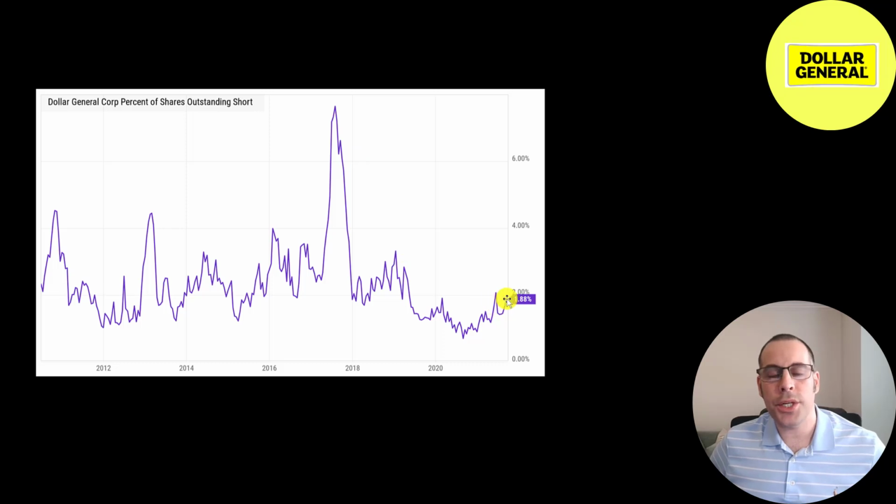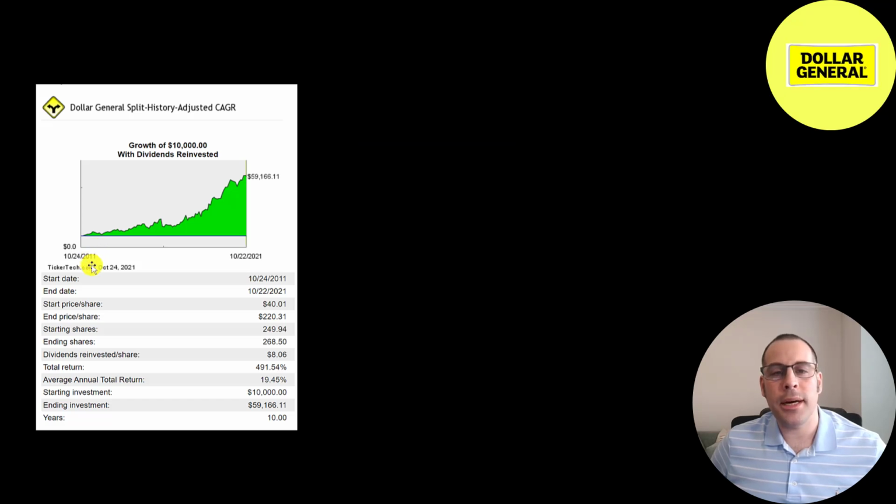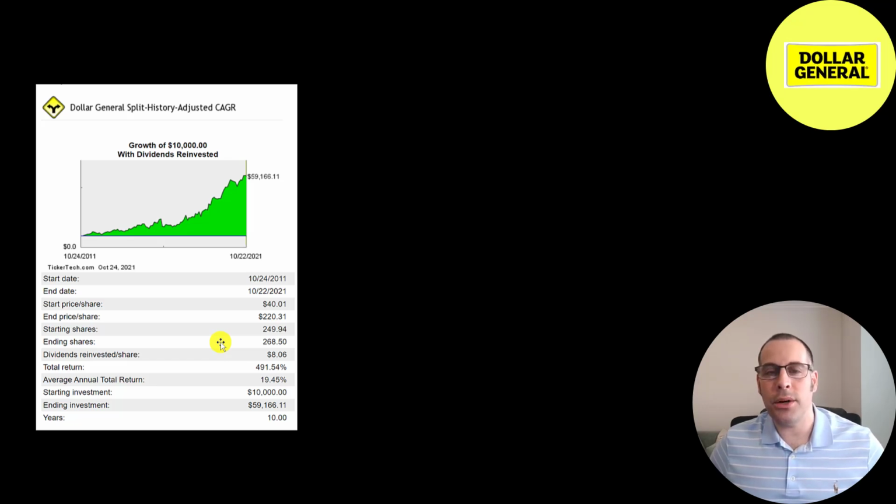But the short percentage is getting pretty low, under 2%. Their employee count seems to go up steadily each year. They're up to 158,000 employees. If you put $10,000 into this company 10 years ago, you'd have $59,000 today. That's a 20% annual return. That makes sense because earlier we saw this double the S&P 500's performance, and the S&P generally goes up about